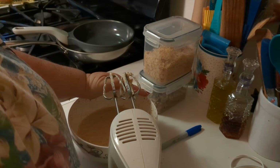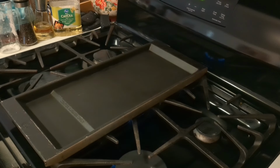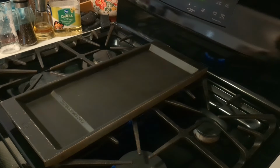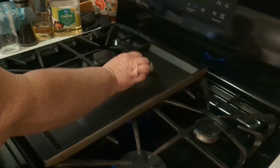I'm gonna bring it back when I get ready to cook. I'm bringing you back in, everyone. I'm gonna trust the process on this, because I've never made pancakes this way. So we're gonna share this together. It says use a pat of butter